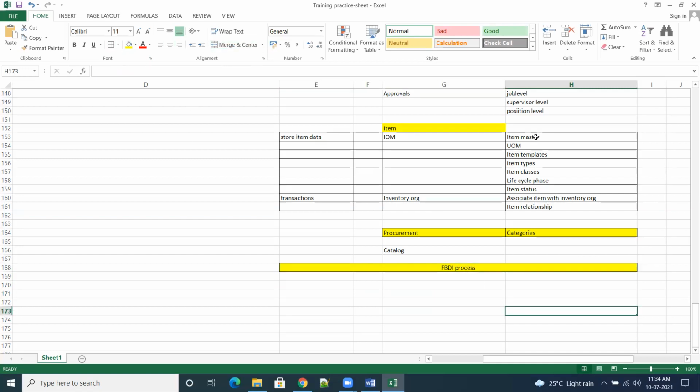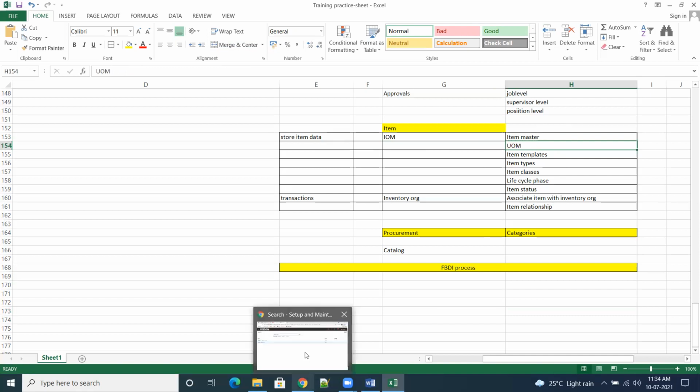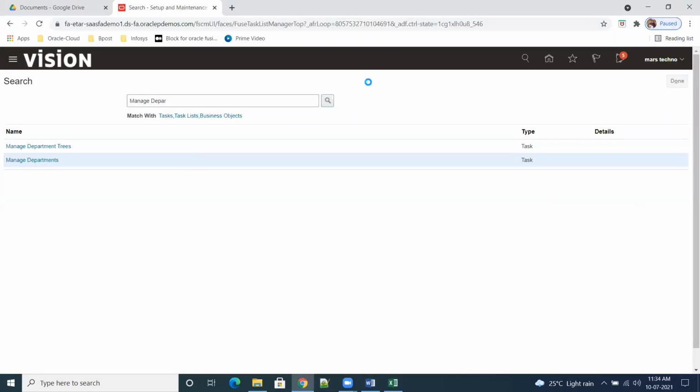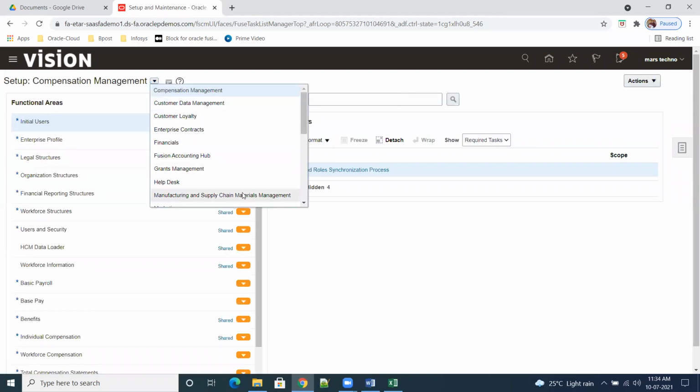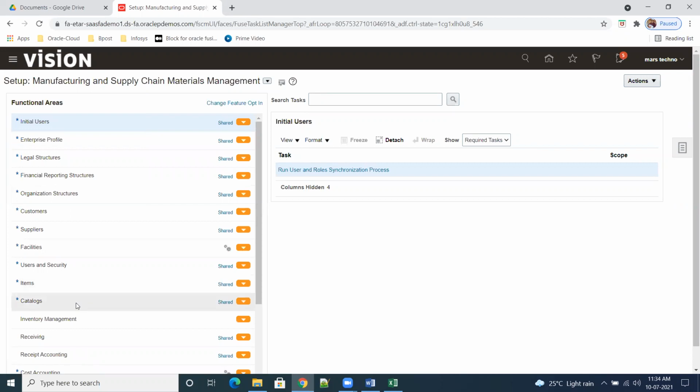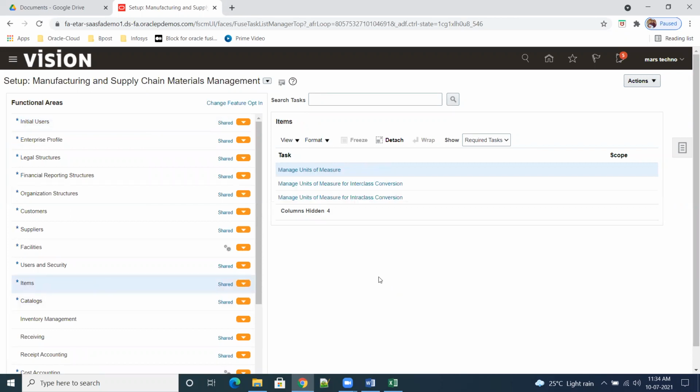Okay, so now we'll see UOM. Item master, any IOM we have defined. So we'll see how to create the UOMs. Go to manufacturing and supply, go to items, unit of measure.